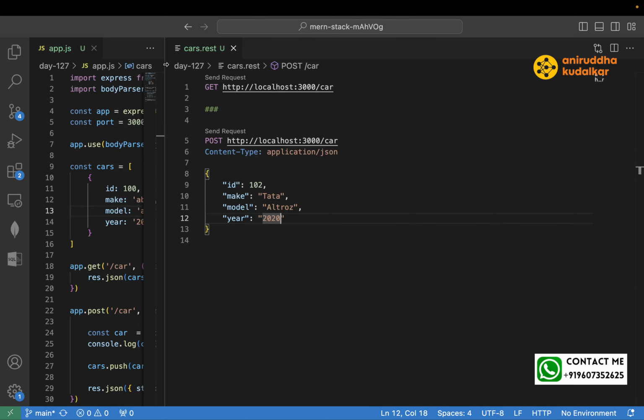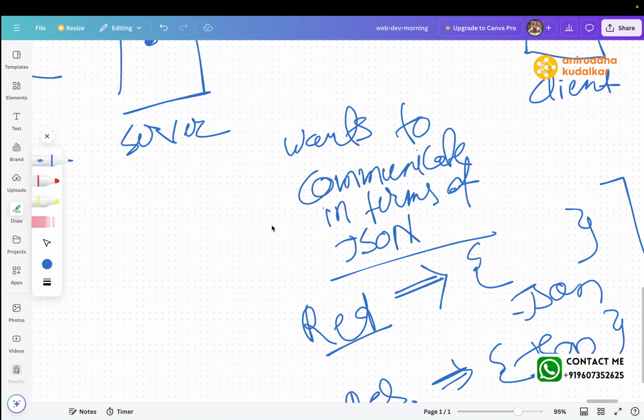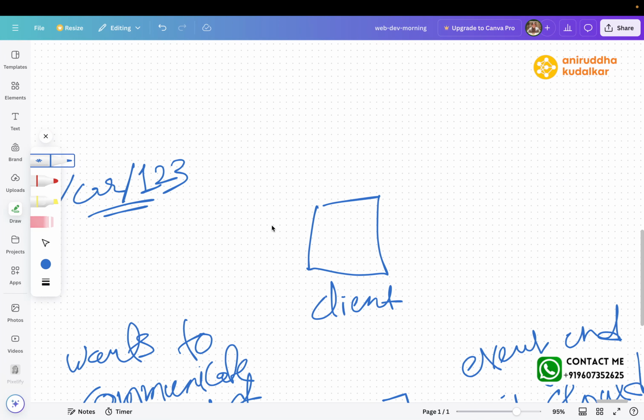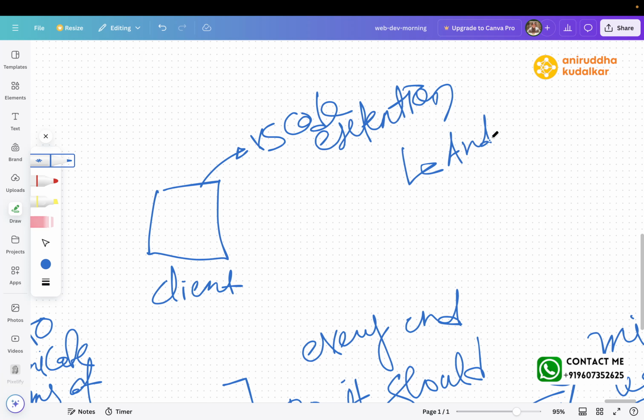Correct? Any question? Do you have any question here? No. So we created the REST API. A REST client we have used. Presently we have used a VS Code extension, but in production that can be an Android or iOS app, that can be your React app,